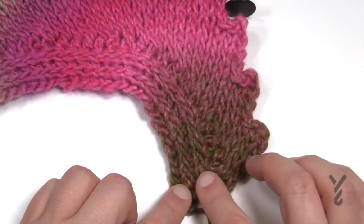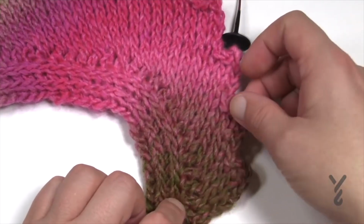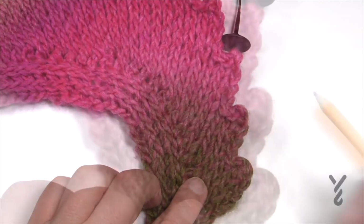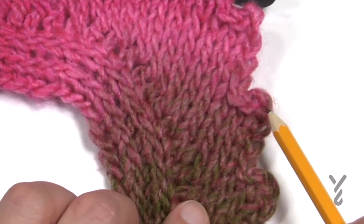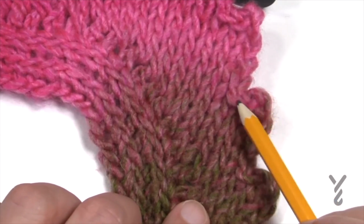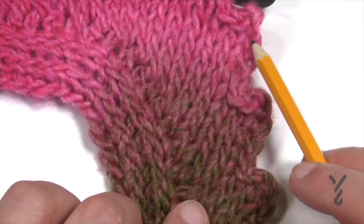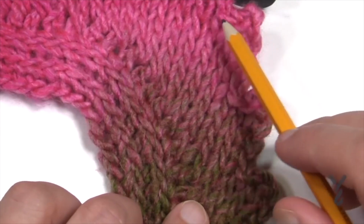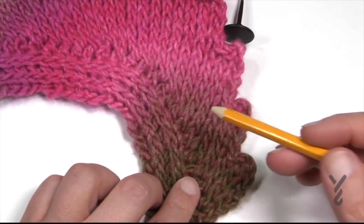The trick to this is that after you get the first section done, it's just a matter of identifying what you can see on the edges. So if I can just show you here. You can see that there's 1 loop, 2 loop, 3 loop, and 4 loop. After you physically can see 4 loops, you're gonna bind off for 2 in just the first 2 and then begin the next section, and then you go and do the next section, and then you'll see another 4. So 1, 2, 3, and 4, and then bind off again. So it's just a matter of being able to identify those 4 in order for you to keep going,